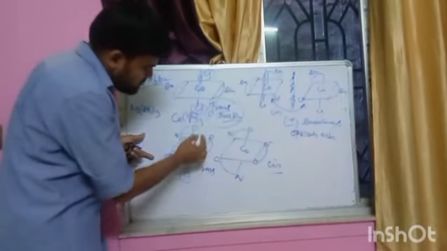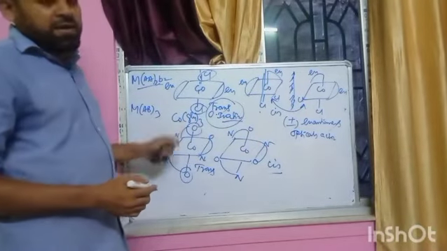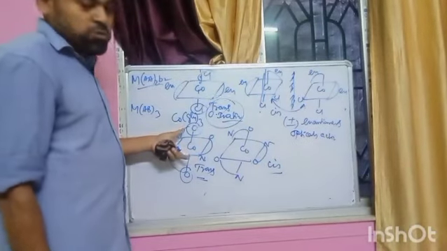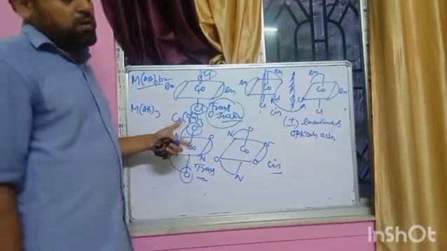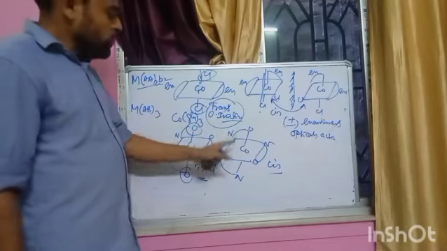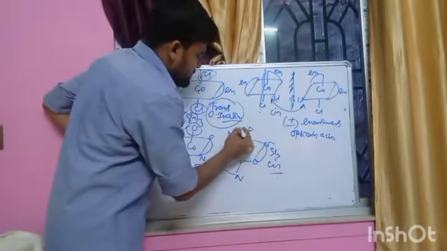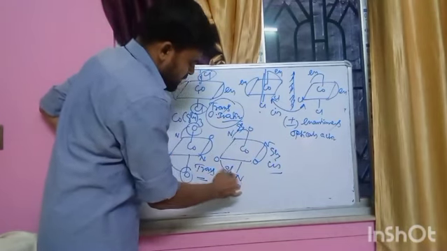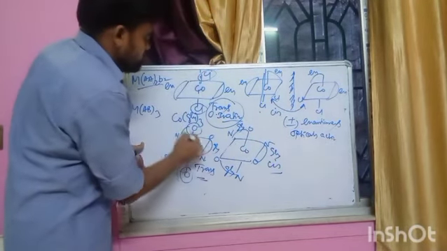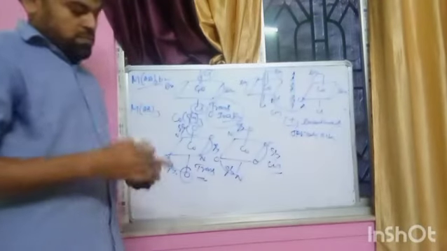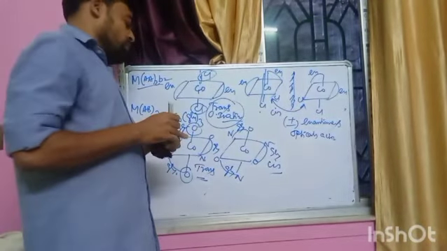Here, if the O atoms are anti to each other, it is called the trans form. If both O are not anti to each other, so that opposite one O there is N, that is glycinate, it is the cis form. So there is the trans form and the cis form. Now we discuss